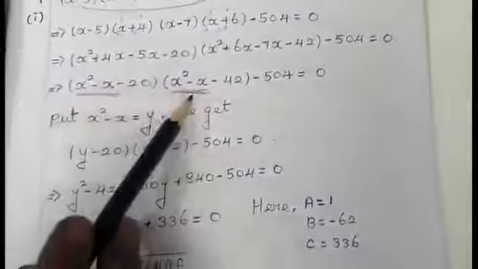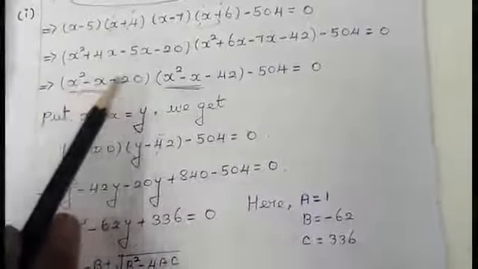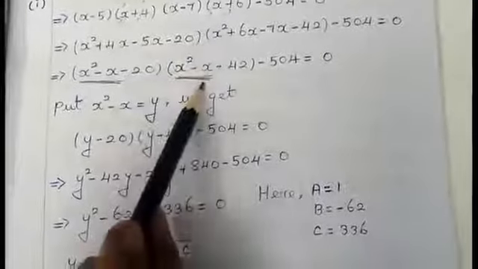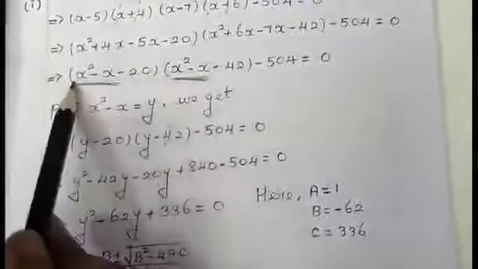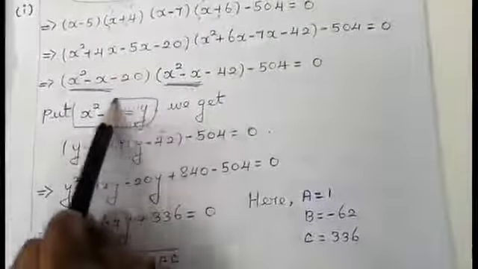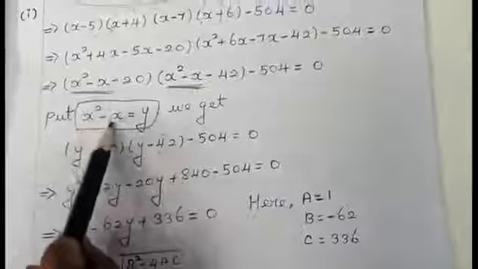So with 4 factors, after grouping, you are going to get 2 quadratic equations. You are going to check it, students. In the 2 quadratic equations, the x square and x term should be the same. The constant can differ, but the x square and x term should be the same. So I have underlined here the x square minus x term. What I am going to do now is, in place of x square minus x, I am going to replace the value as y. x square minus x equals y.